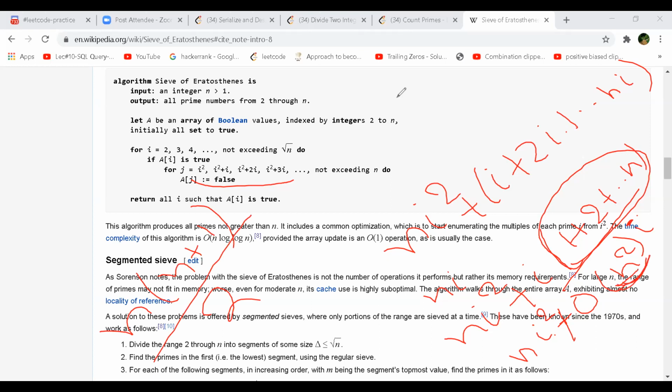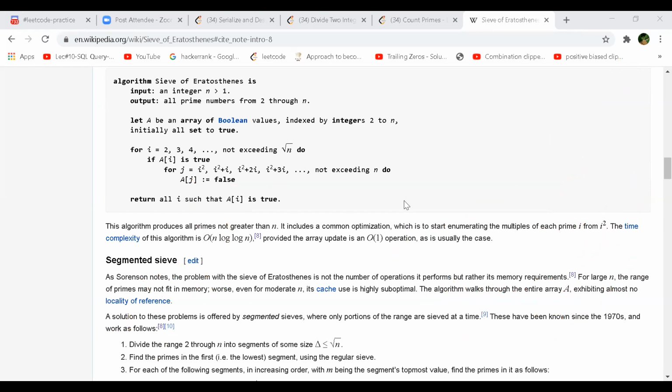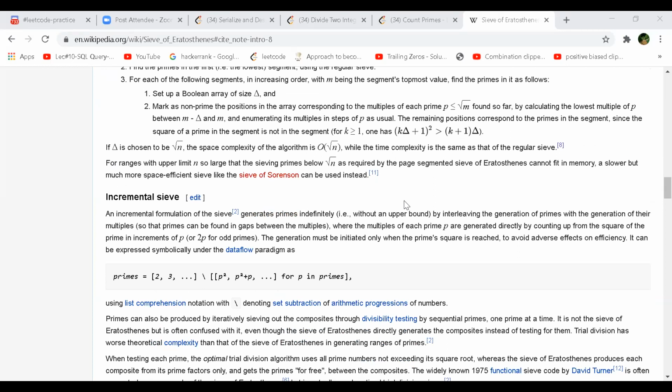No. If you look at the last statement, what it says is not exceeding n. So you cannot go on n I, right? Whatever your multiplication will be, that will be lesser than n. So therefore the way you are doing it won't actually work like that. So you can go from I square to n, okay? But if you look at it, the values you are taking are only half the values. So it will be n by 2, right? But that again, that 2 will go into the constant, right?